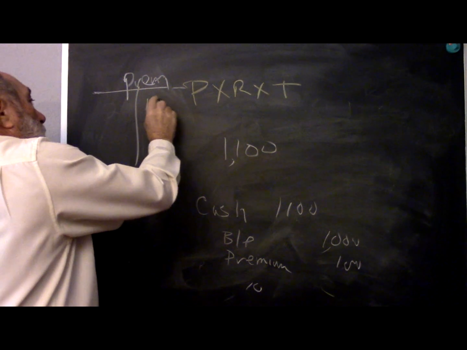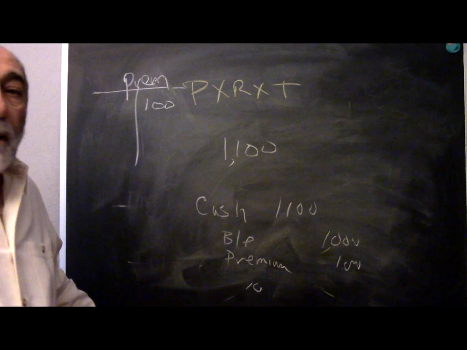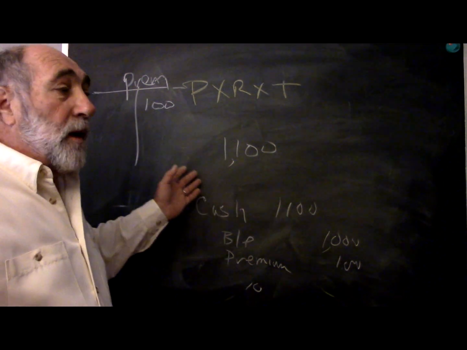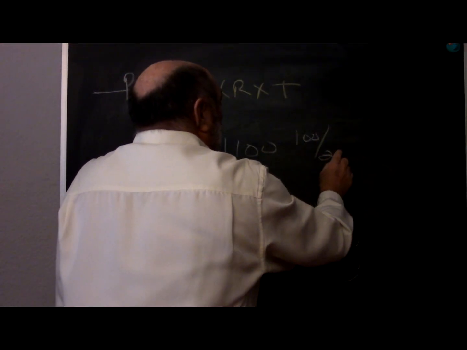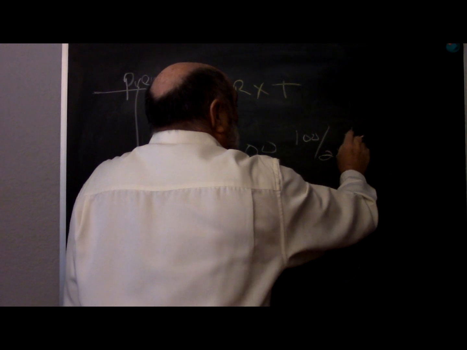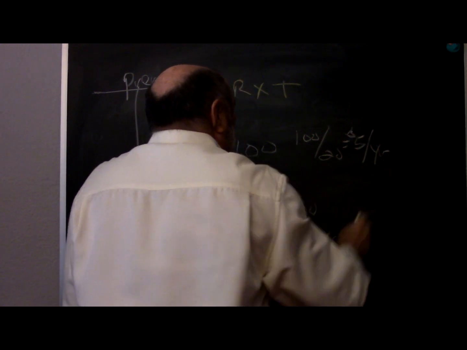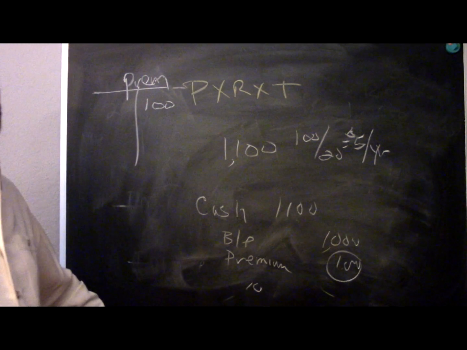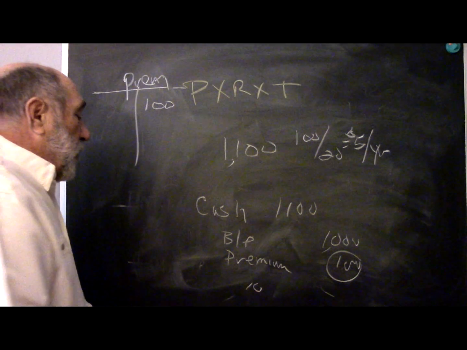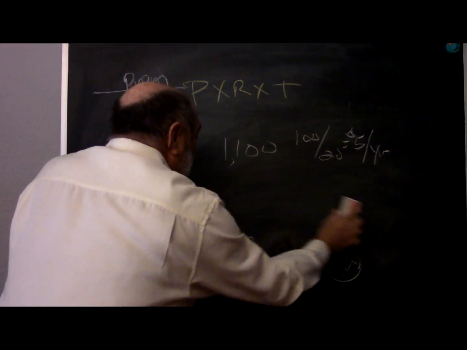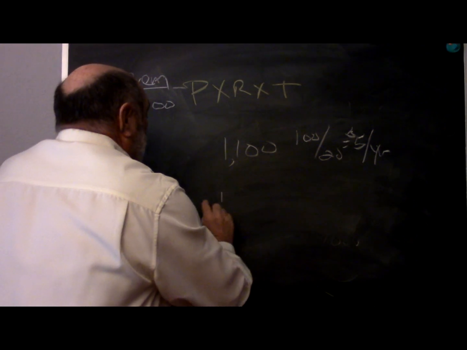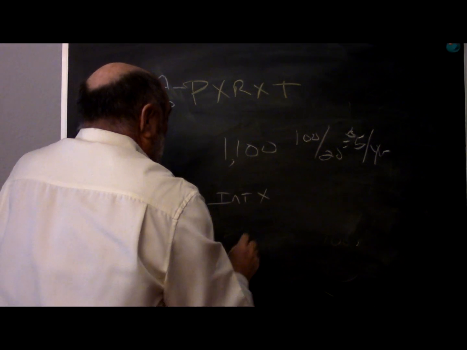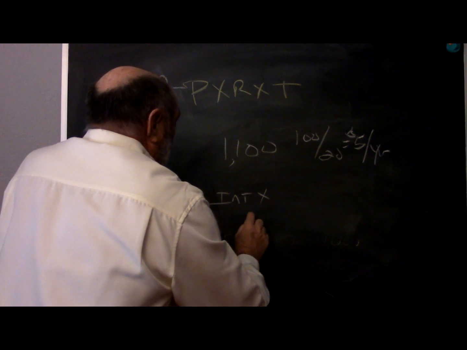Premium. I have a $100 credit balance. That represents a reduction in the cost of borrowing, $100 over my 20-year life. And I will amortize that $5 per year. So what I'm going to do then is I would debit interest expense, X for expense, credit cash,